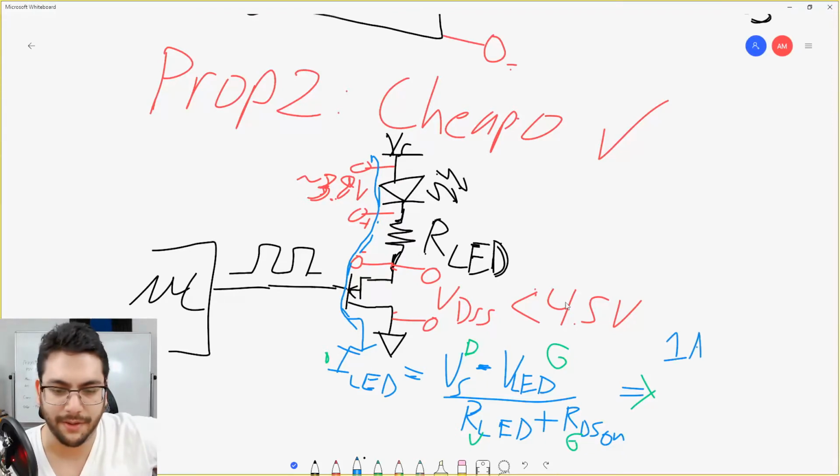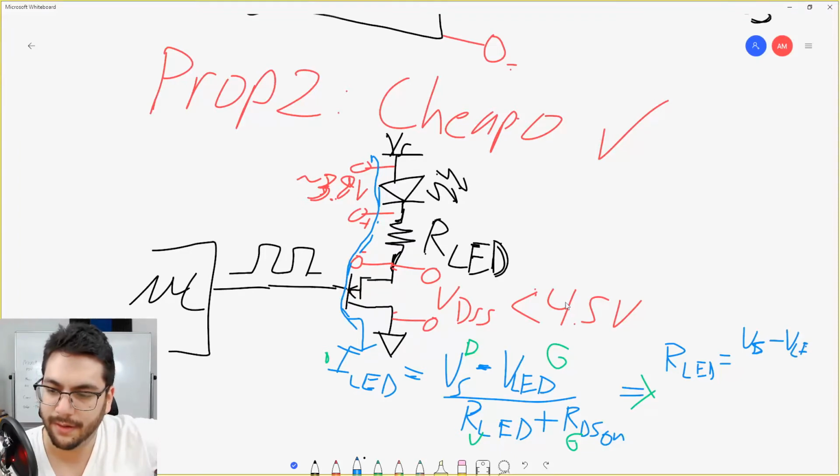So now I'm plugging in values, and I'm gonna skip some algebraic steps. I'm just gonna pause it, try it on your own, make sure it works for you. But I've got RLED equals, okay, VS, I'll keep it symbolic for now, just for another little bit. There we go. VS minus VLED divided by ILED,